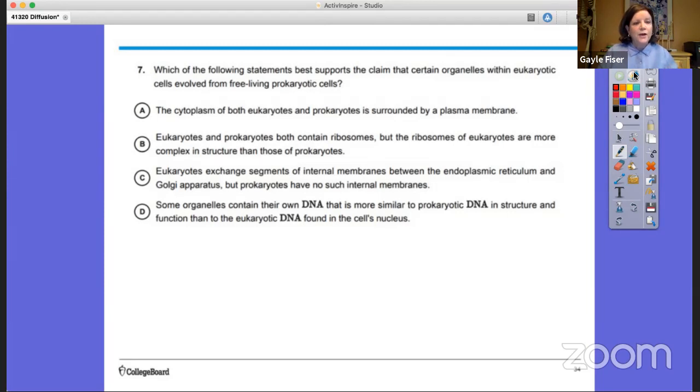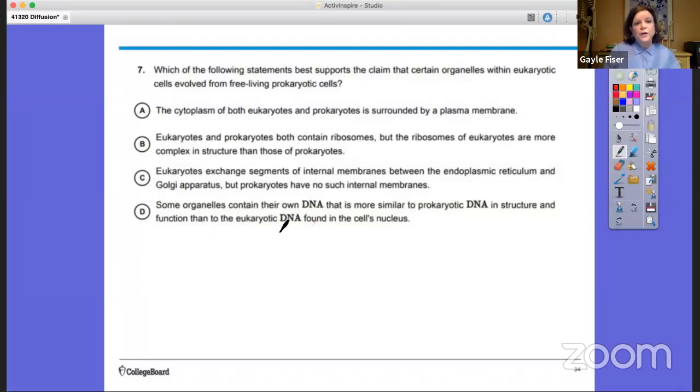B, eukaryotes and prokaryotes both contain ribosomes, but the ribosomes of eukaryotes are more complex in structure than those of prokaryotes. C, eukaryotes exchange segments of internal membranes between the endoplasmic reticulum and the Golgi apparatus, but prokaryotes have no such internal membranes. D, some organelles contain their own DNA that is more similar to prokaryotic DNA in structure and function